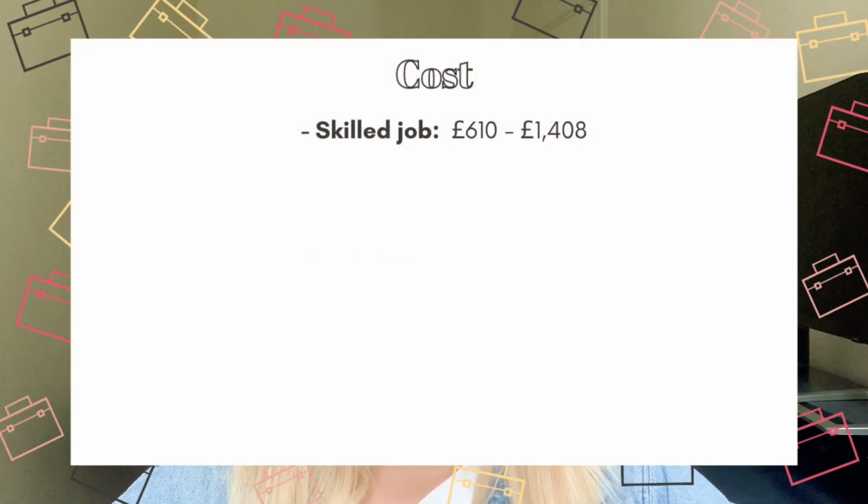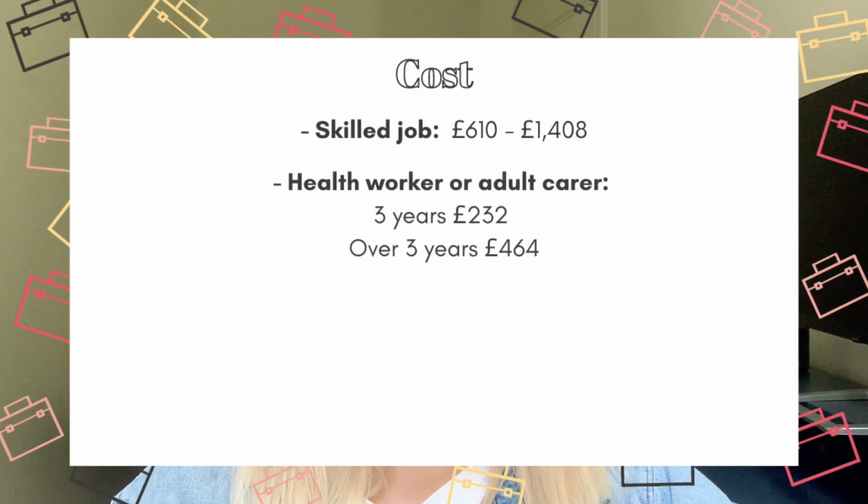Some of the skilled worker visa options also differ in cost. So starting with the skilled job, which was the first option we covered, that's going to be between £610 to £1,408. So the specific cost will depend on the position that you've been offered here in the UK. As a healthcare or adult care worker, you will be able to choose between applying for a 3-year visa. This will cost £232. Or if you want to remain in the UK for over 3 years, it's going to cost